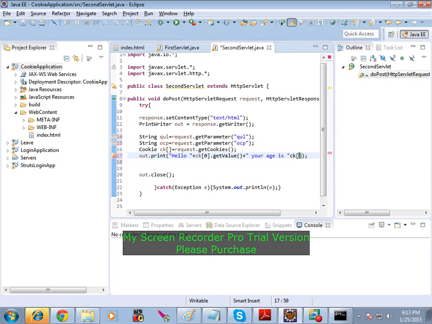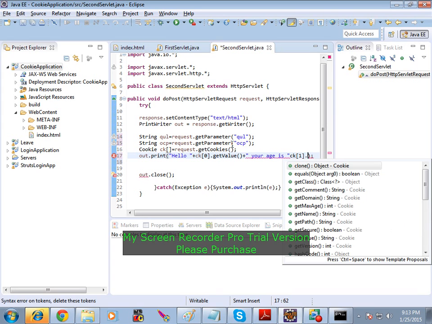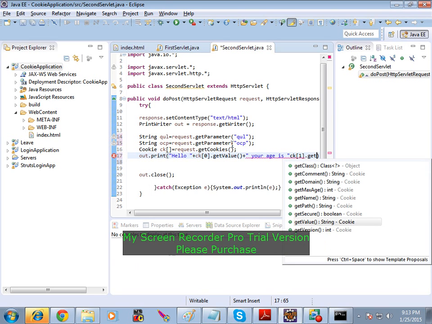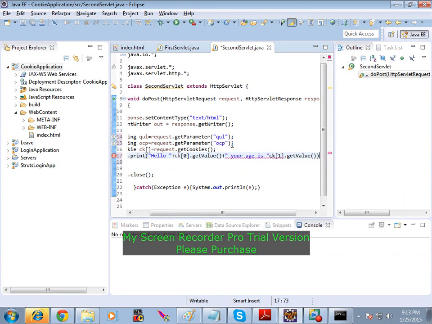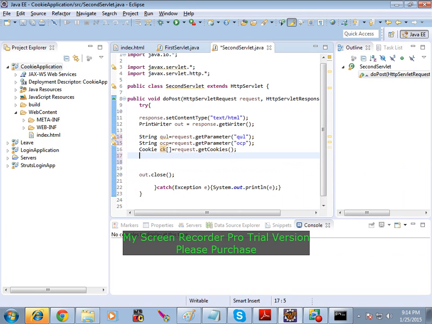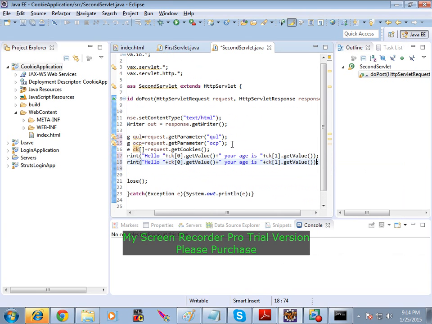So ck of 1, ck of 1 dot getValue. We are getting this getValue, right? That's it. And say semicolon. Okay, so instead of that you can say plus.